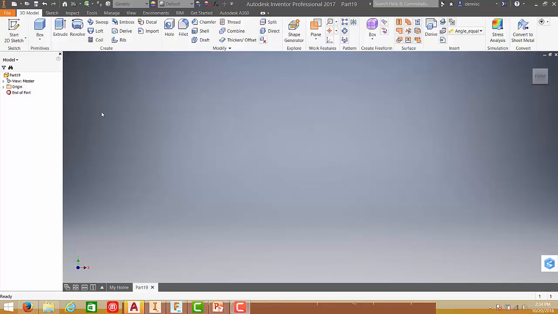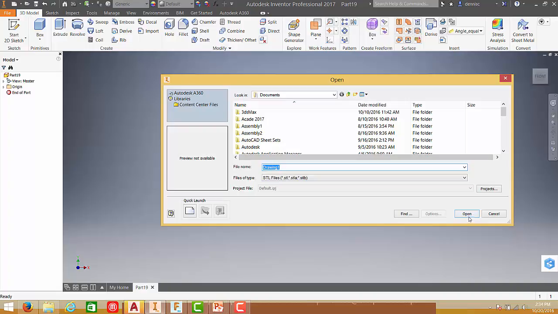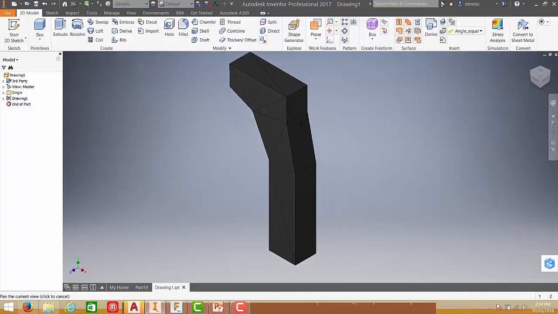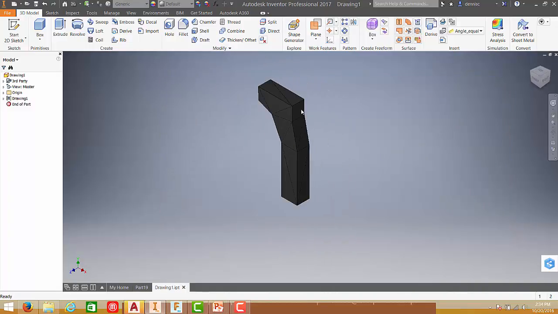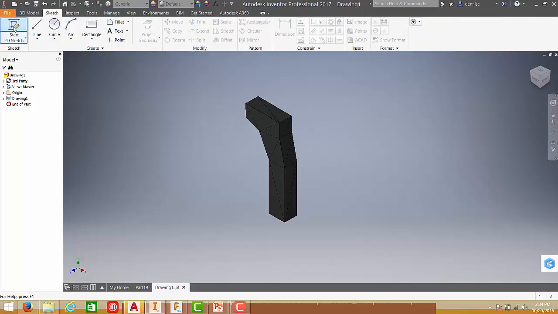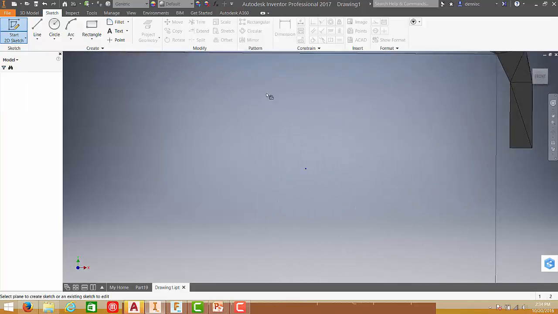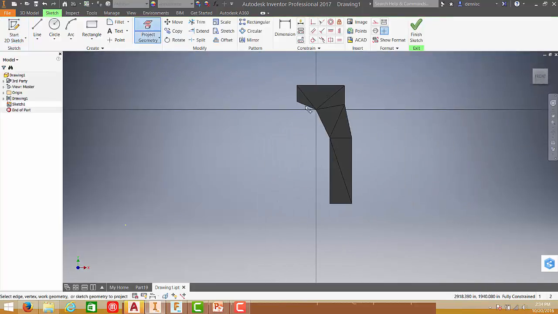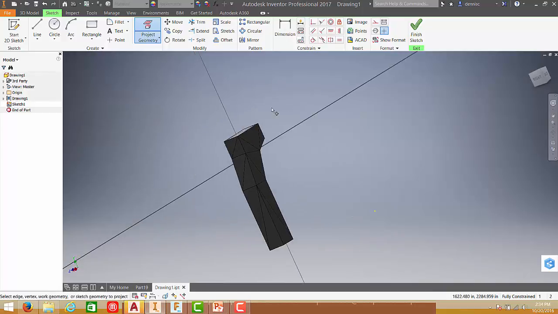So just an example, I'll open an STL file. With this mesh object, I'd like to create a native Inventor file. So I'll start from sketching and then I'll project the features of this object.